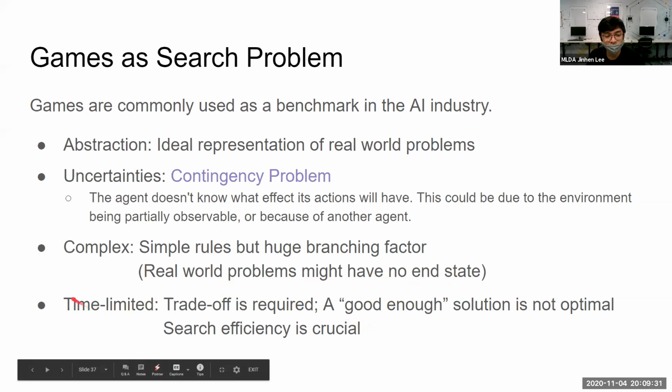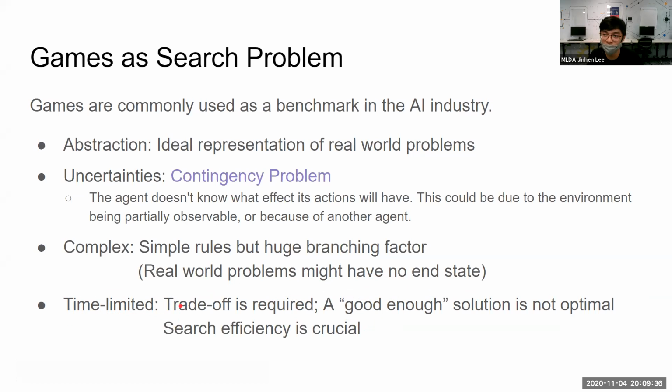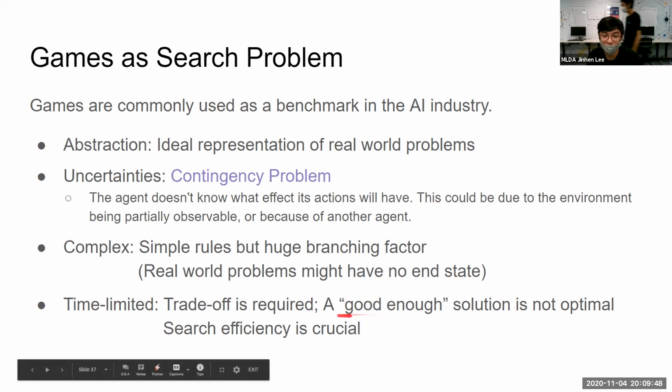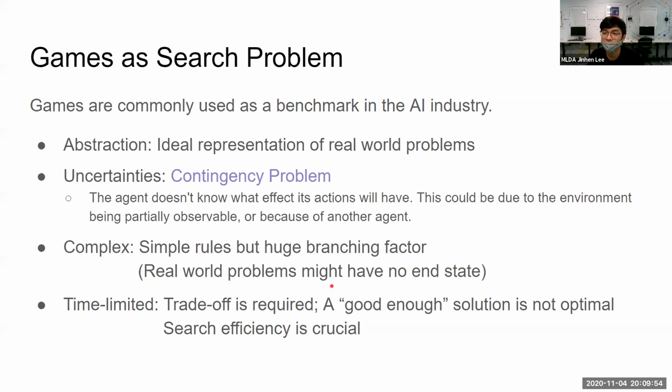Yeah. So another unique thing about games is that in a real life scenario, we probably have time limitations. So we probably don't want the program to continually search forever. So coming back to our search efficiency and why a good enough solution is used, normally it's not optimal. That's why games, like Mario, track the time as part of your score. So if you finish the game in a faster time, you actually get a better score. So the score can be used as a metric to see whether your AI agent is performing well.